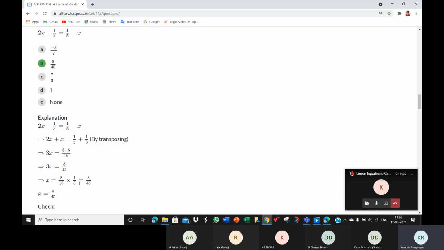See, 3 is in the denominator, like divided by 3. You can remember like this. You can take a fraction if it's in multiplication. On the other side, you can use the same multiplication sign with its reciprocal. That's the same effect as division. x into 3, 3 is 3 by 1. On the other side, you write it as 1 by 3 with a multiplication sign. Into 1 by 3 is nothing but divided by 3.